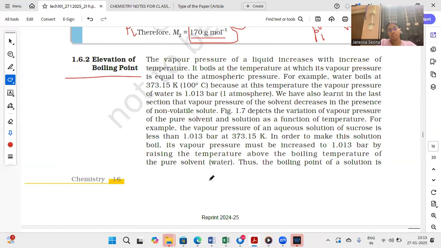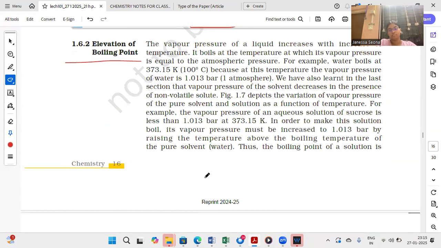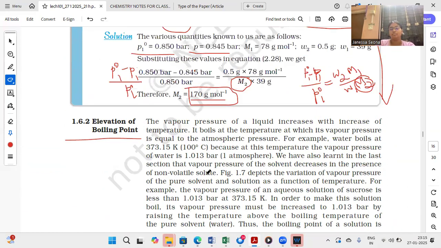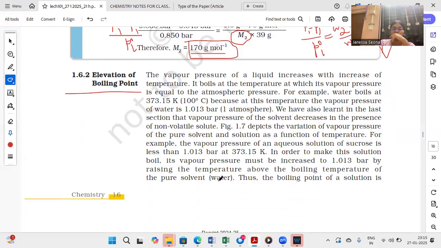Yeah. Now, let us see what is happening: relative lowering of vapor pressure of solvent when a solute is added. (P1⁰ - P1)/P1⁰ is equal to X2. It should be remembered in your mind. Then,